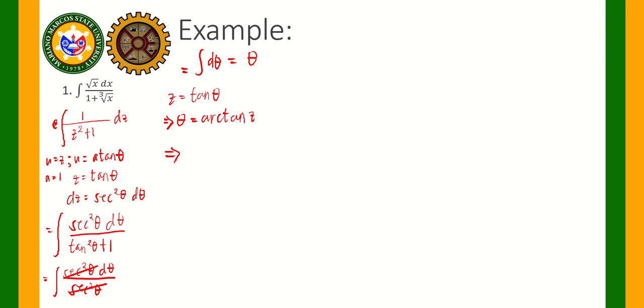Then, we proceed to our integration, that is 6 times the integral of z raised to 6 minus z raised to 4 plus z squared minus 1, ganito pala, dz plus 6 times arctan z. Okay? So, proceed na tayo into